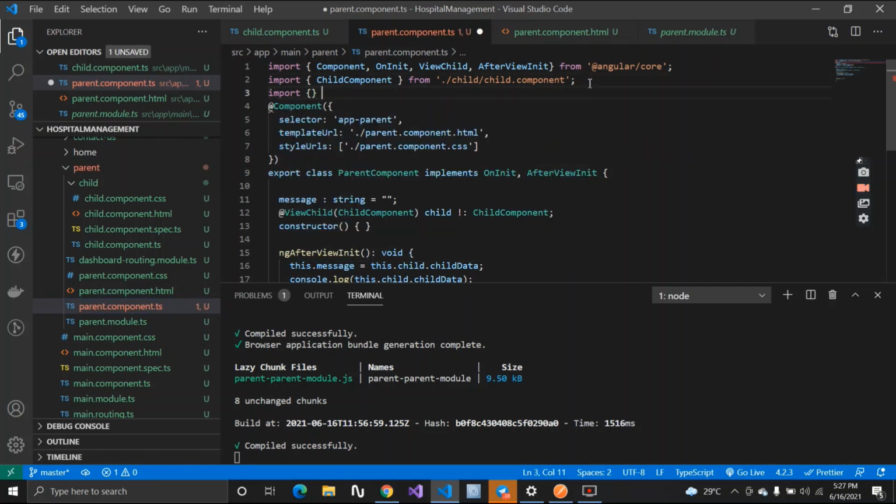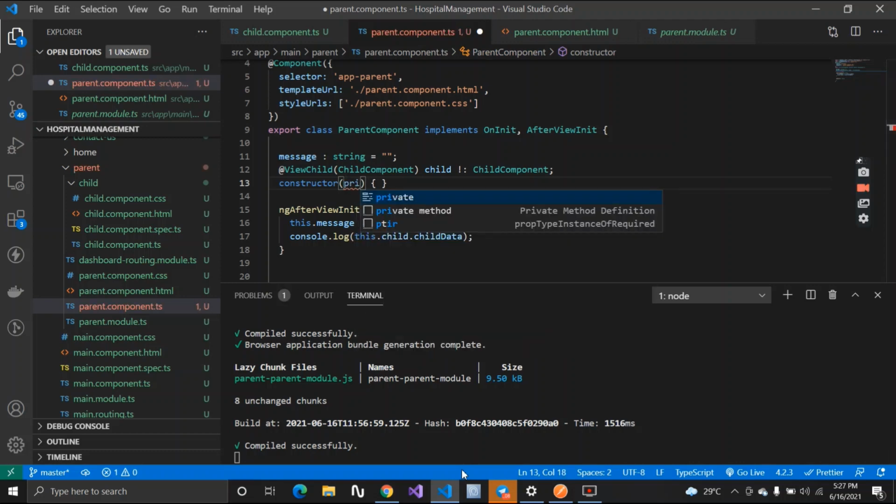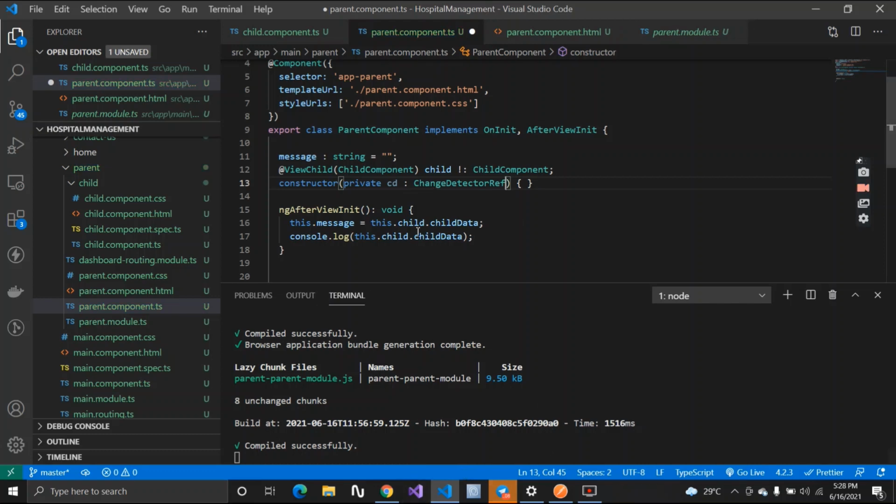Import from Angular/core, ChangeDetectorRef. Inside our constructor I need to inject it, private cd of type ChangeDetectorRef. Once our data has been rendered, inside ngAfterViewInit I have to detect the changes.